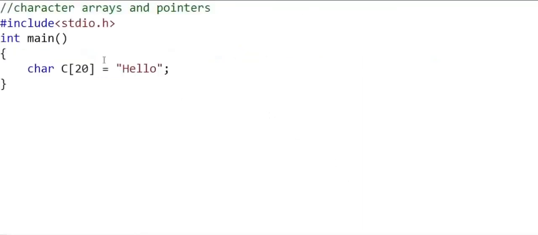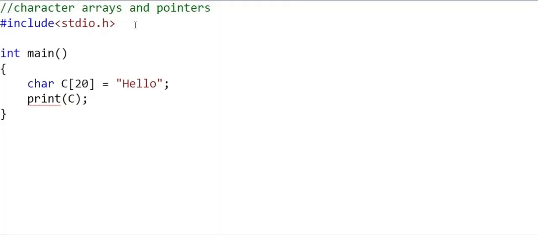In my code, I have declared a character array of size 20, and I have stored a string of length 5 in this character array. The null termination is implicit if we are using a string literal. Now I want to print this string, but I do not want to use the library function printf. I want to write my own function print. I want to pass this array to the function, and this function should print the string